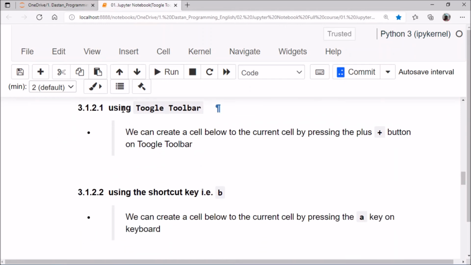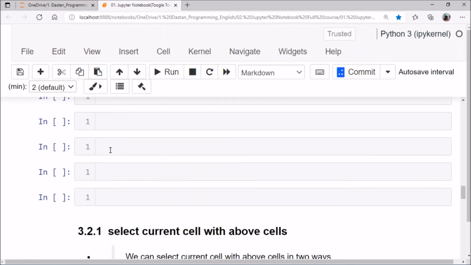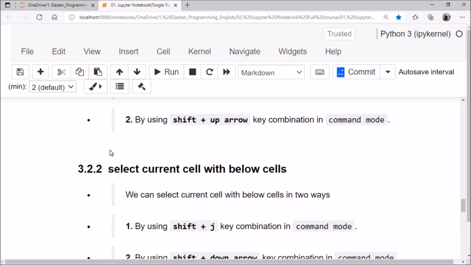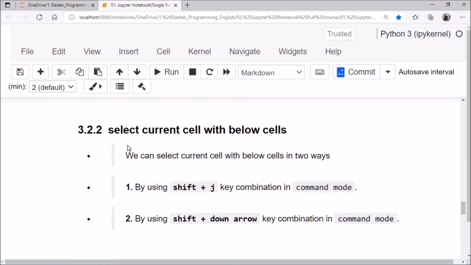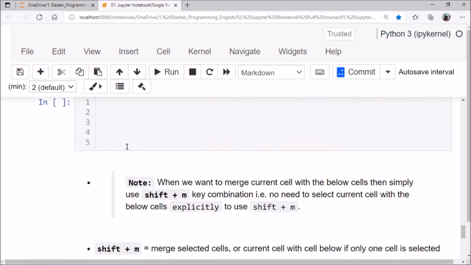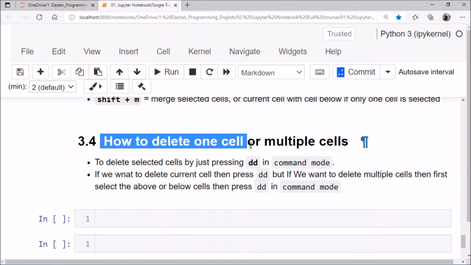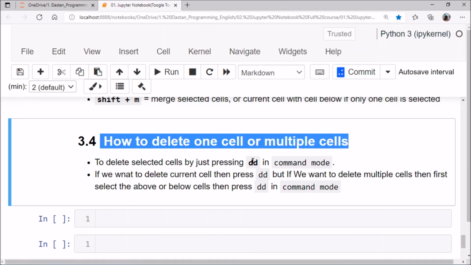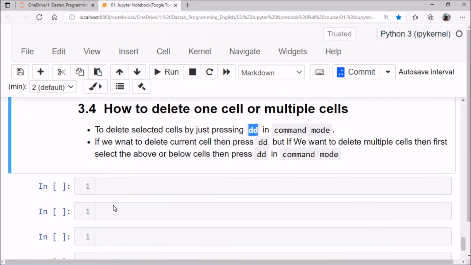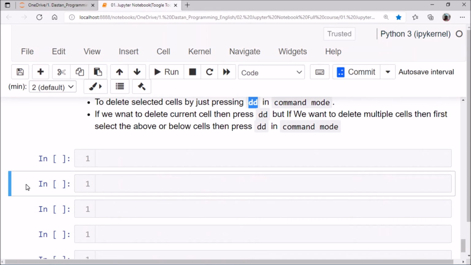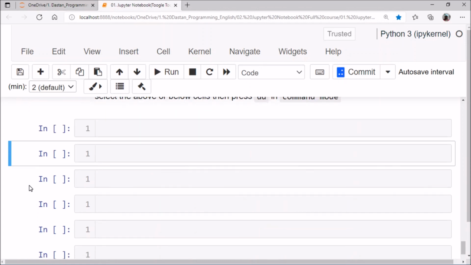So using the toolbar, we have seen how to select one or more cells, how to merge the current cell with the cell below, and how to delete one cell or multiple cells. By using DD we can delete, but right now DD is not working, I don't know why. In the next tutorial I'll tell you how to delete it, and it will definitely work in the next tutorial.